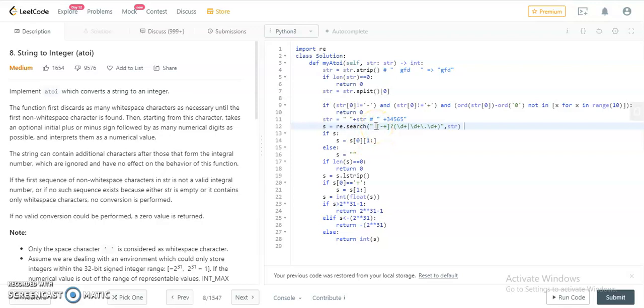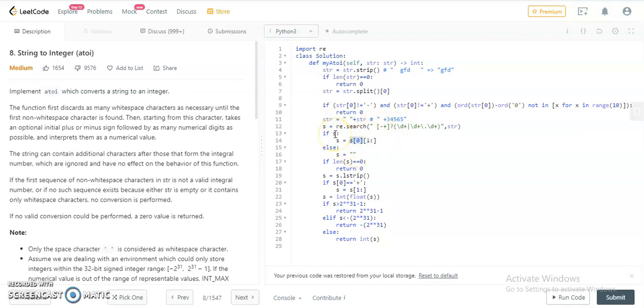So here s of 0 would give me the favorable string. In the regex parser, regex search will give me a kind of list. So s of 0 will give me the favorable substring, and I'm excluding this space part.